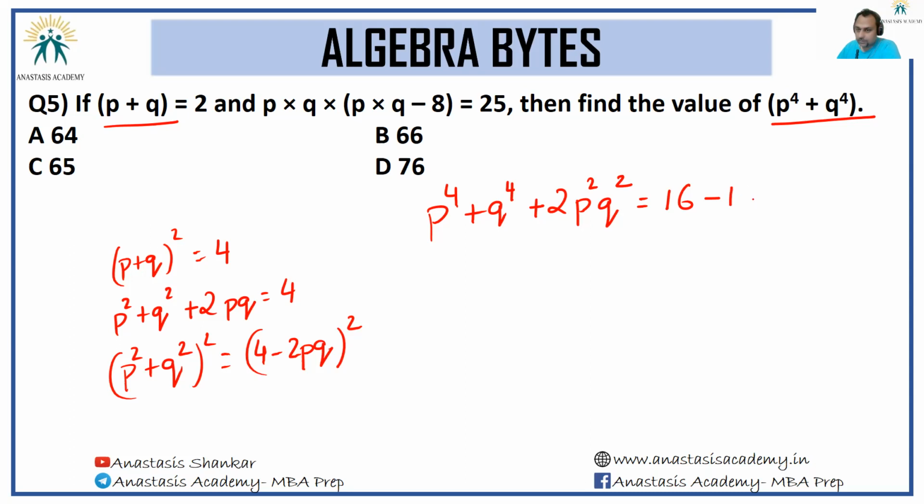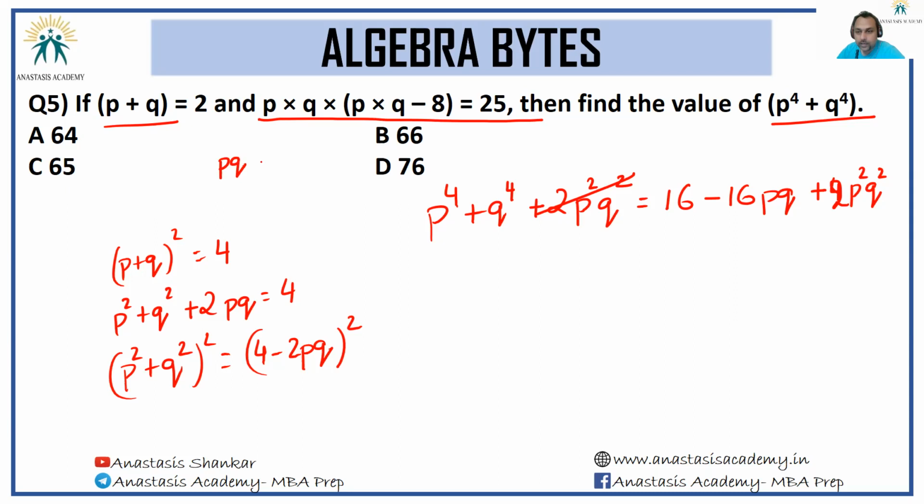2 into 4 into 2, 16PQ plus 4 P square Q square. Okay. So I can get rid of this 2 P square Q square with 2 on the other side. And now you can also pay attention to this expression. This expression is as good as